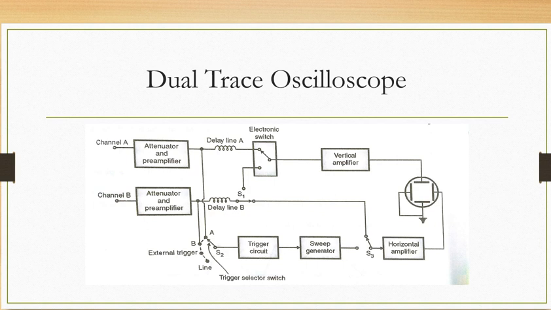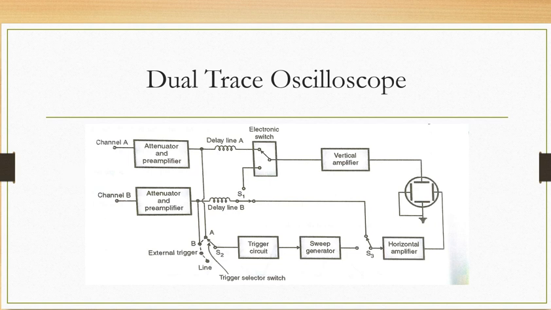Whenever we want to obtain these Lissajous patterns or figures, we have to use this XY mode, and we can also decide the VI characteristics of a component like a diode. So in short, in XY mode, channel A and channel B work together. The sweep generator will not be there. Channel B is connected to the horizontal amplifier,